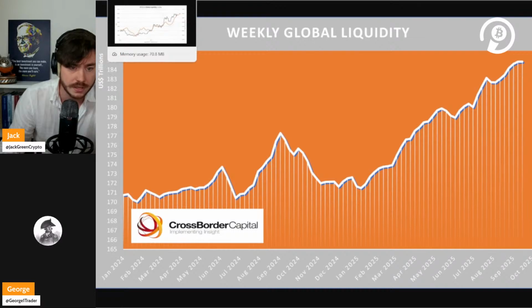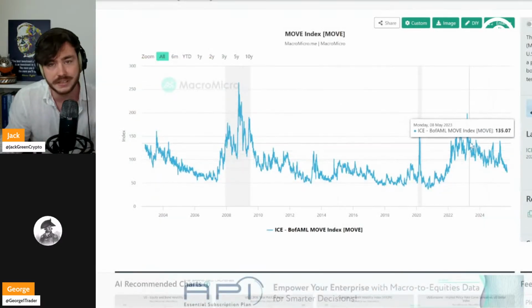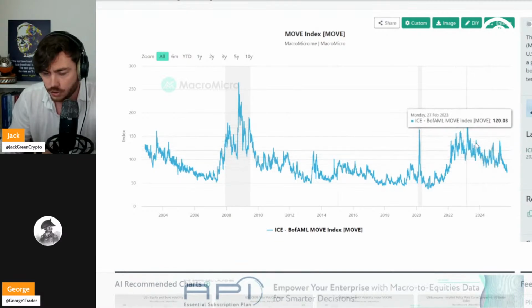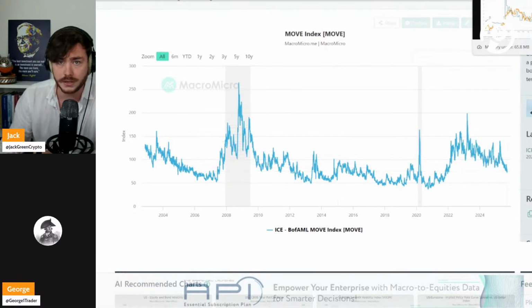So the bond markets, you can measure that. I got it right here with the MOVE index. And the MOVE index is at the moment going down continuously, which is also super good for global liquidity, because a lot of liquidity into the system is collateral based. And when there is less volatility in the bond markets, that's better for the collateral multiplier for global liquidity.